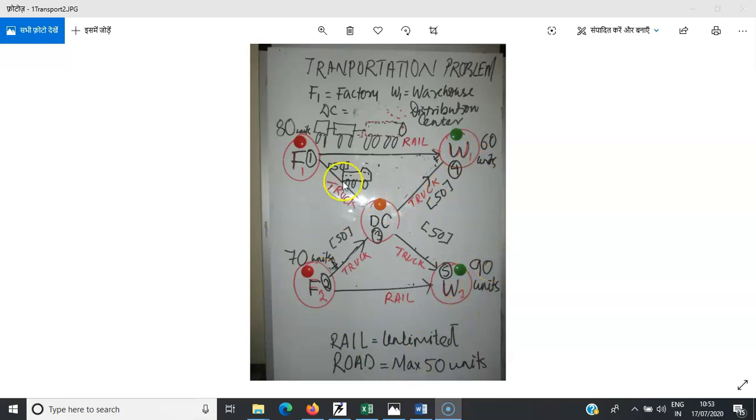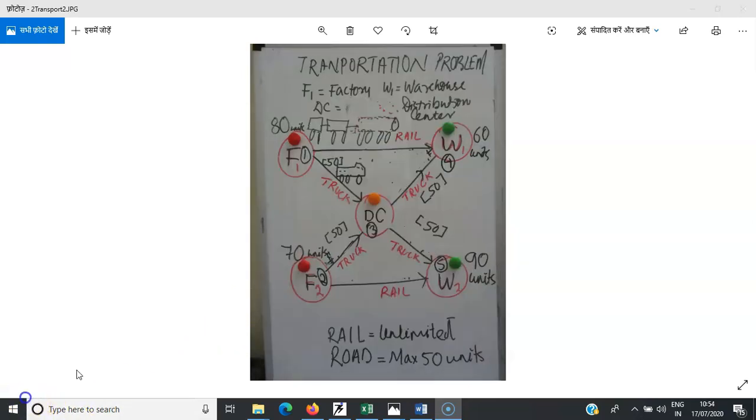So this is the whole network diagram. Let us see the cost attached to the different roads in the network. We saw the network diagram with the constraints: F1 can produce 80 units, F2 can produce 70 units, W1 wants 60 units and W2 wants 90 units, and the constraints for the roads are 50-50 units, and the rail